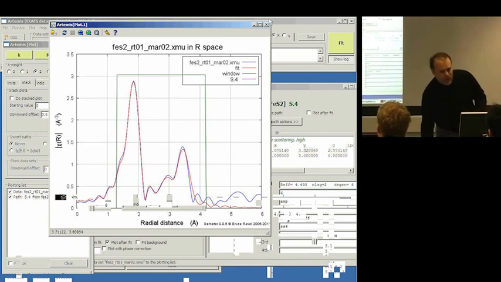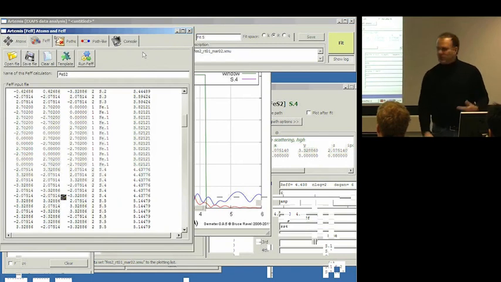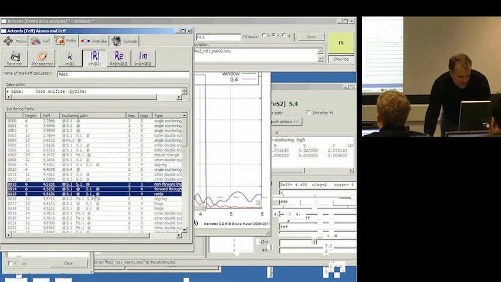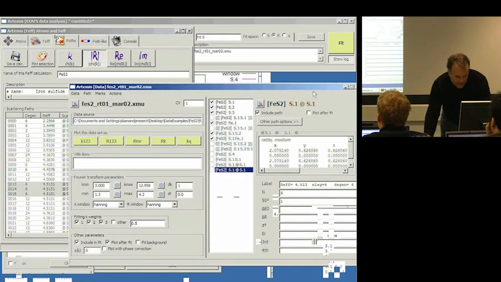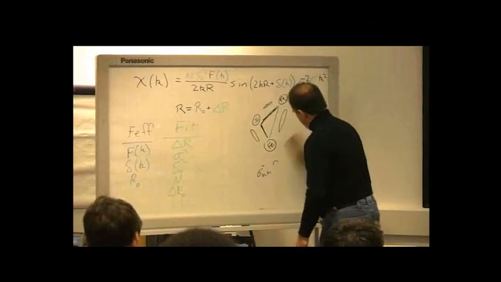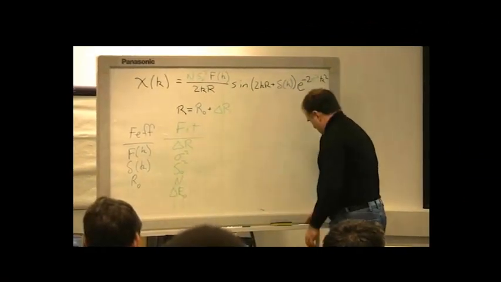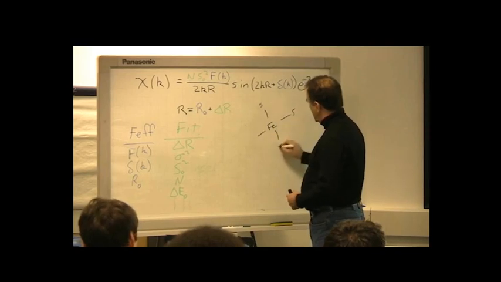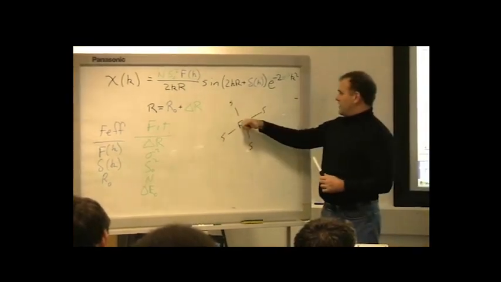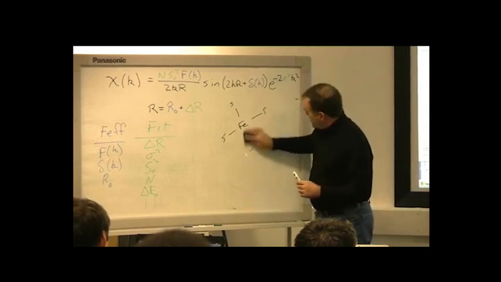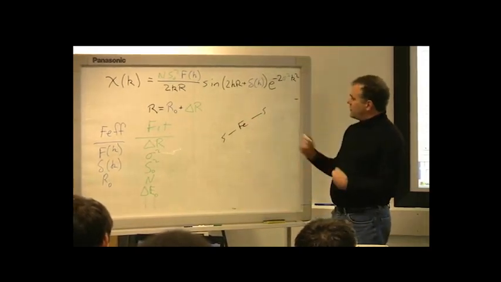It turns out that that is not the thing that you see to make up for the last little bit of the fit. It turns out that what we need to include are these three paths down here. Let me drag them and drop them over, and then I will explain to you what those three paths are. So those three paths are this. We have an iron atom in this thing in the middle of a sulfur octahedron, where there's another one coming out here and another one going into the board. Those three paths are, let me just get rid of these two for this purpose. Those three paths are that,